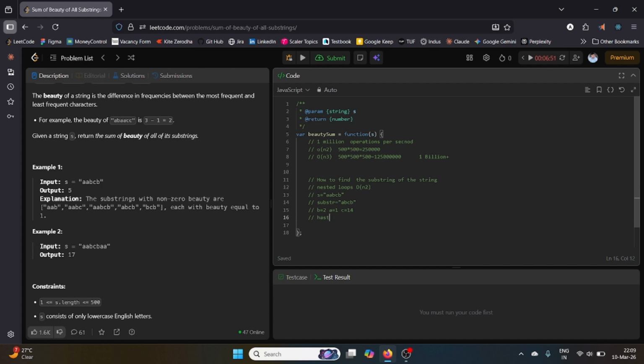So hash table will be used to find the beauty of the string. Okay, I hope you have understood the explanation and workflow of the question, that how we will solve this